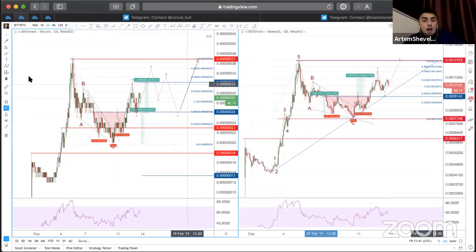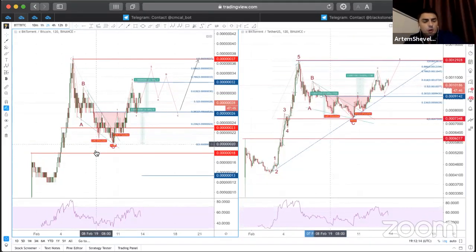You need to buy low and sell high, right? So you need to know where the demand is. I highlighted the red levels on the BitTorrent Bitcoin chart. They are so important to see. If you see the price on these levels, you just need to hit some buy orders on these levels. The first level will be 23. It's here, 23, and level 18 or 19, something below 20.